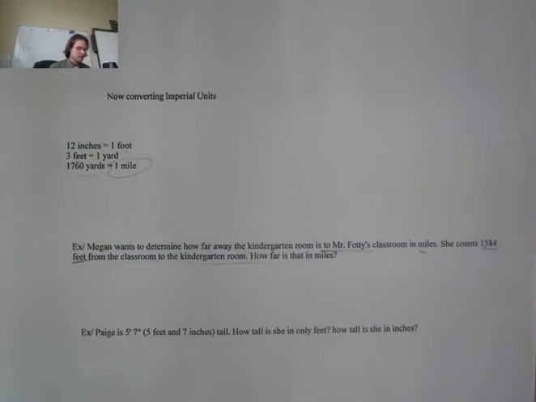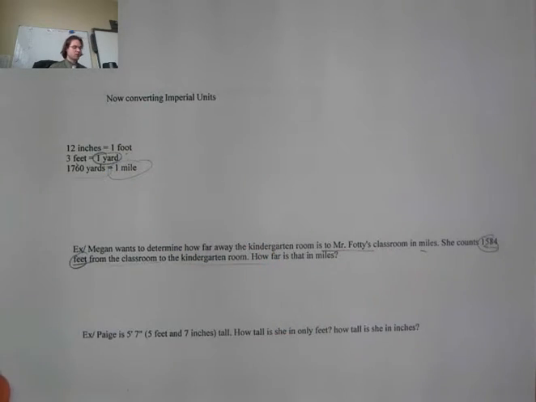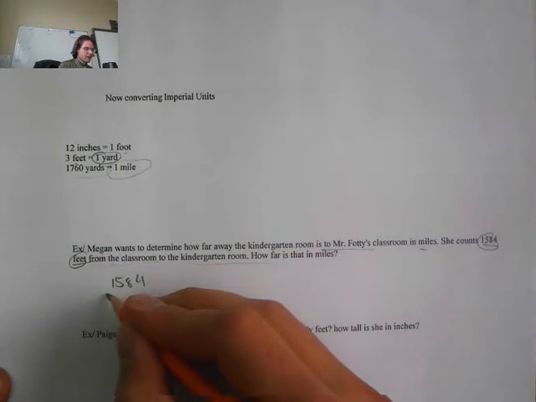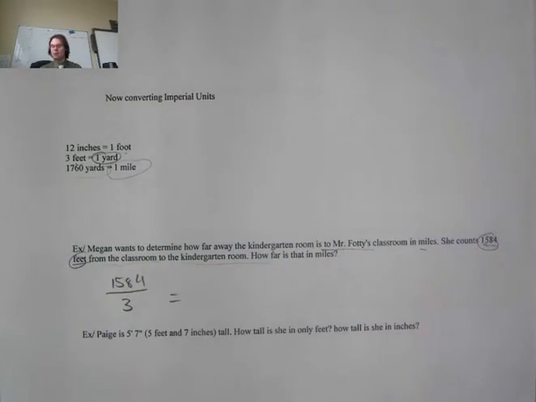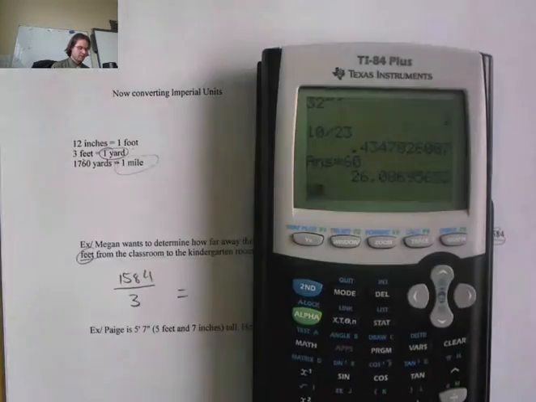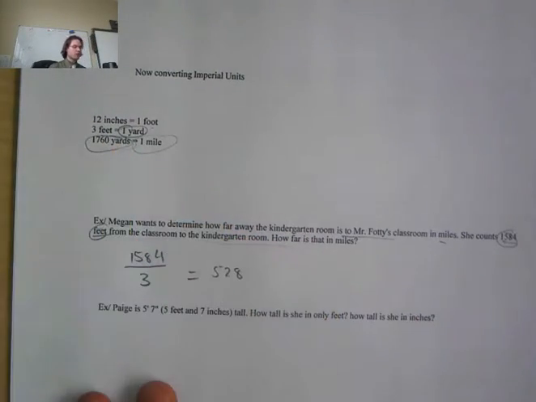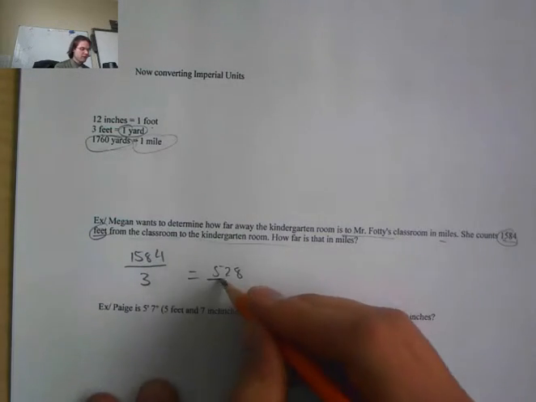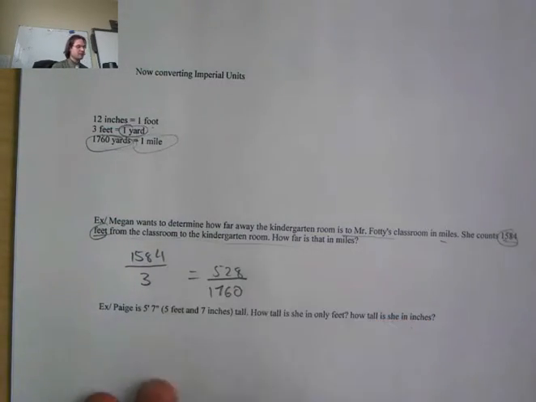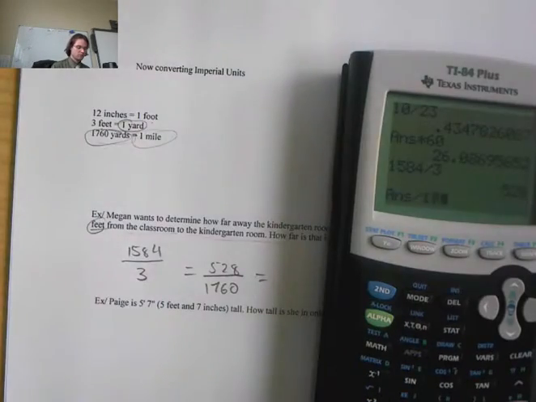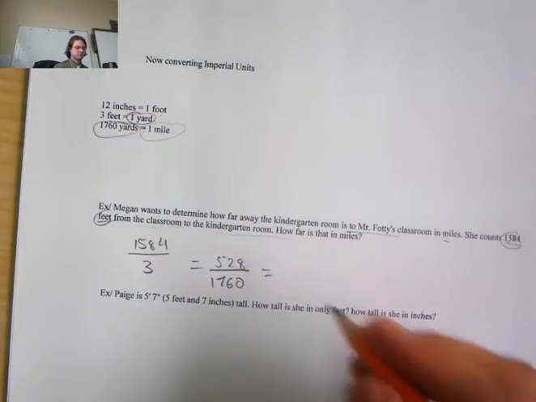Well, I take a look at this. We have this many feet. So first, I'm going to have to convert that feet to yards. So I'm going to go 1,584, and then I'm going to divide that by 3, which will end up giving me 528. Okay? Now we also know there's this many yards in a mile. So now I'm going to have to divide that by 1,760. Okay? And this will give me 0.3